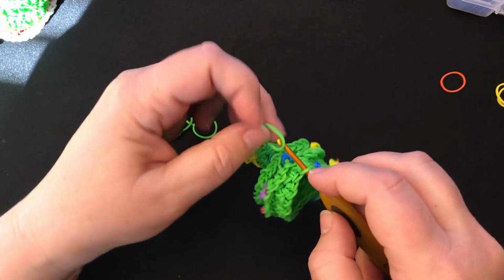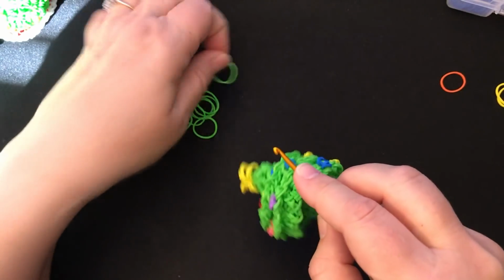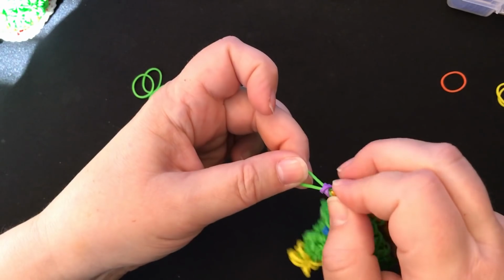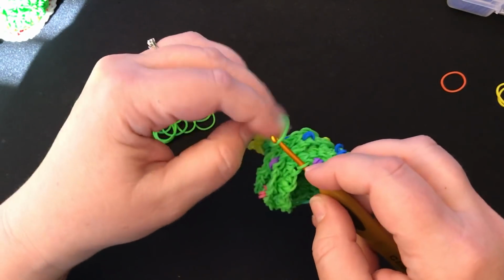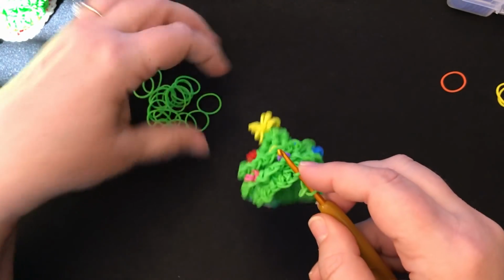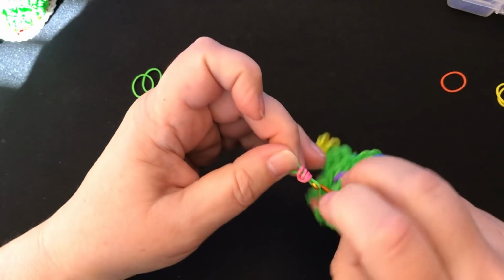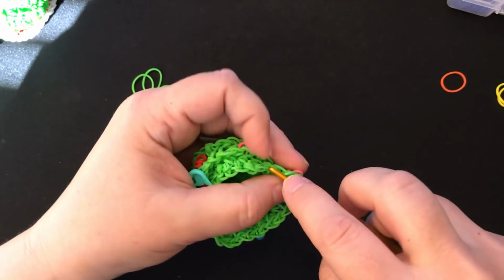Single crochet, single crochet, increase, do our colour, and a single crochet and an increase. Oops, one at a time. Bauble, single crochet and an increase,